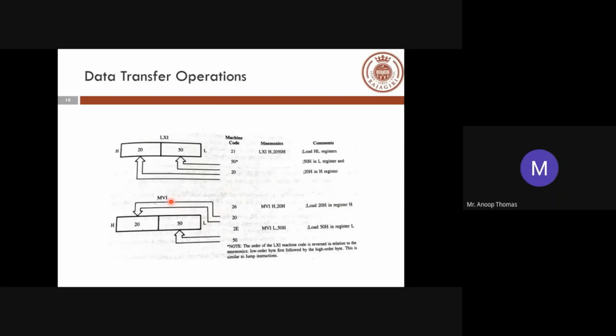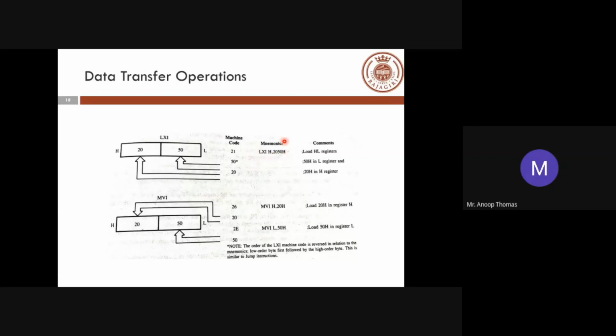Okay, so again, the explanation is here, and the machine code is given here. Consider that you have an instruction LXI H, 2050H. What is the corresponding machine code? LXI H is converted into the machine code 21, which gives you information regarding what this particular instruction is.